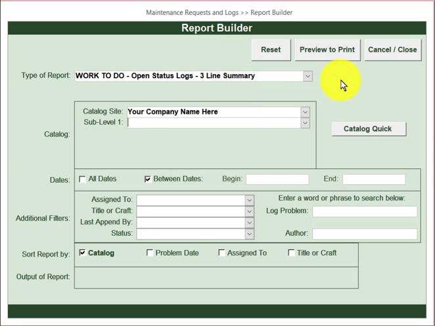The third report we have is the Open Status Logs 3-line summary. Now this is the same report as the last one for Open Status Logs, but rather than getting a full detailed description of everything on each work ticket, here we are just getting a brief 3-line summary of what is